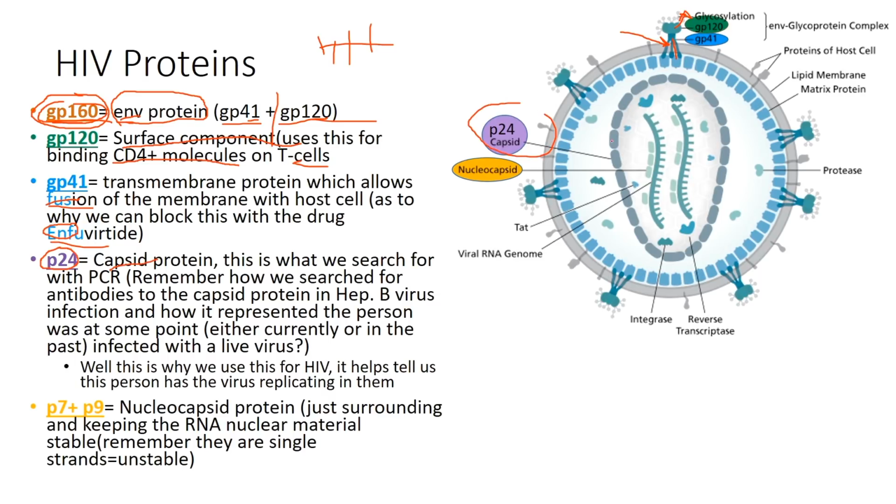So this is your purple capsid protein, and this is your nucleoid capsid. This is your conical shaped thing that I was discussing, and this is actually what we search for on PCR. So remember when we talked about hepatitis B virus infection, and so when someone is infected with hepatitis B, we